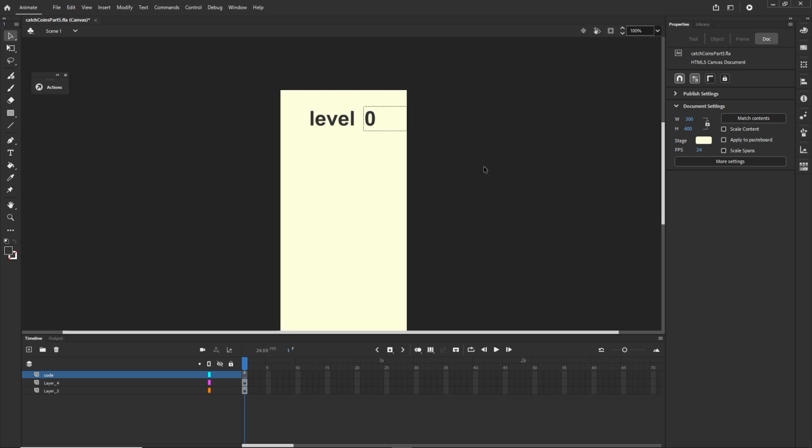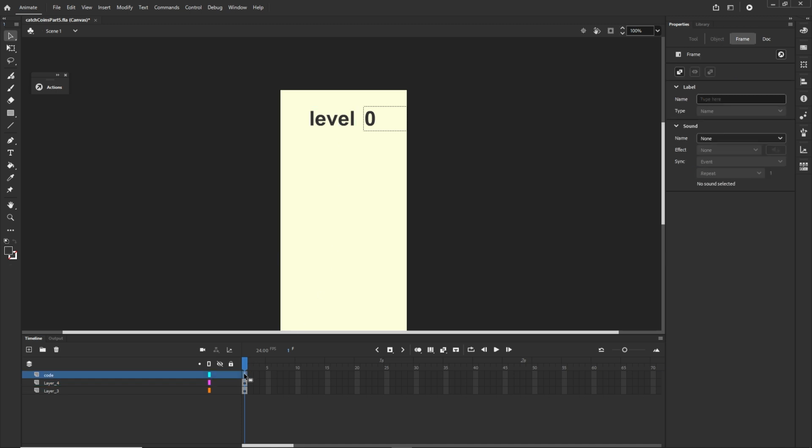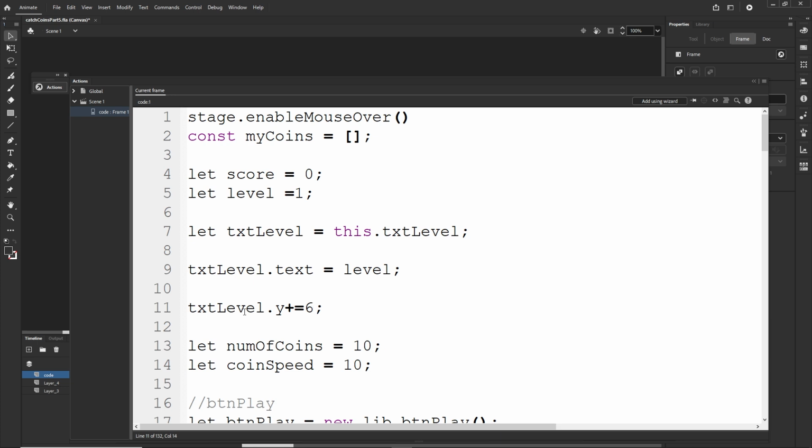One thing that I would do, I am not going to show you, but I would also make this text dynamic text. And then I would put some kind of instance name, and they are going to be offset, but they are going to be offset together. All dynamic texts are going to be offset in the same way. And then for both of them I would have some variable, which would be txt level placeholder or something, and I will move both